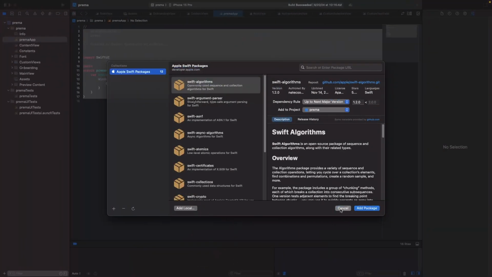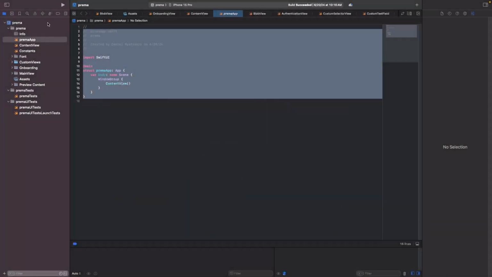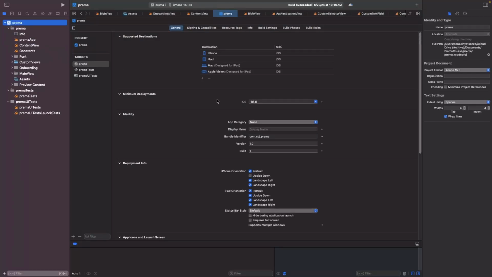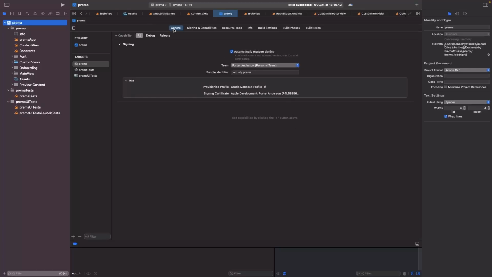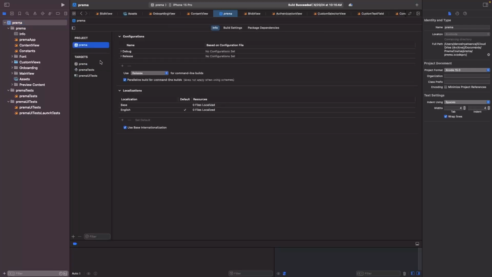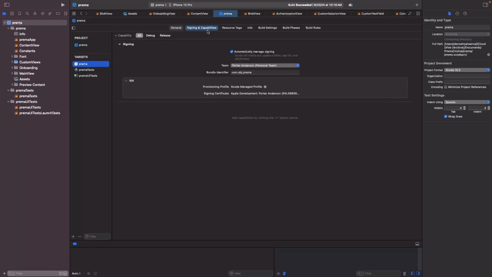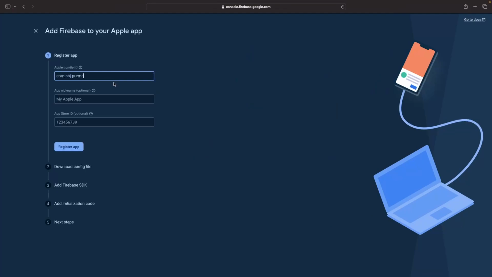Now you might know this by head, but if you don't, you're gonna go to Xcode, and we're gonna hit cancel here, which is kind of backward, but I'm gonna hit cancel, and we're gonna hit Prima, and we're gonna go ahead and copy this bundle identifier here. Now obviously you can't copy it. If you hit this arrow, it'll take you to signing capabilities, and you're gonna go ahead and copy that,